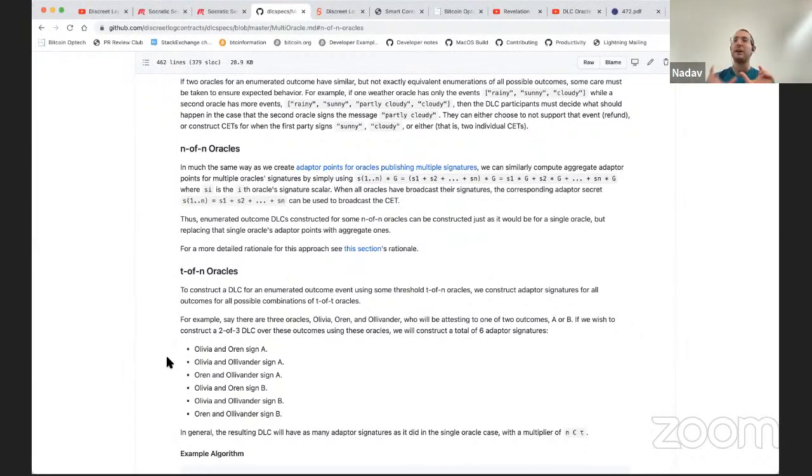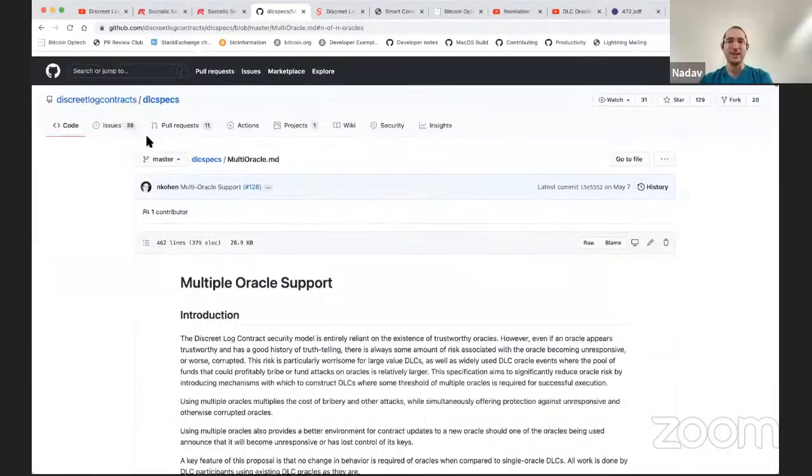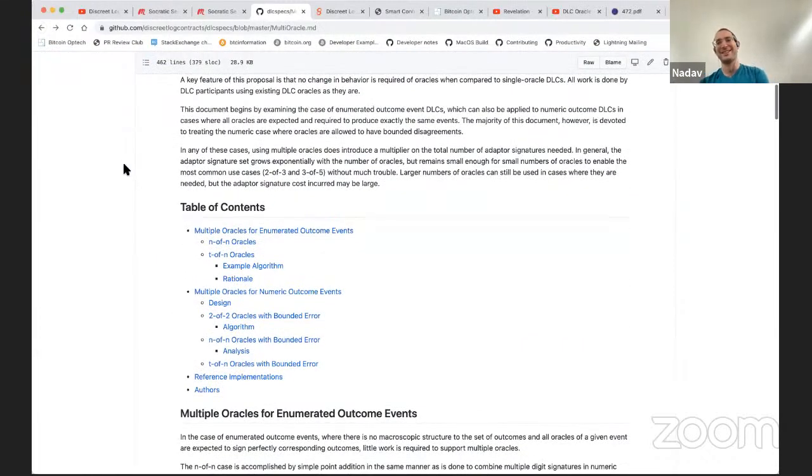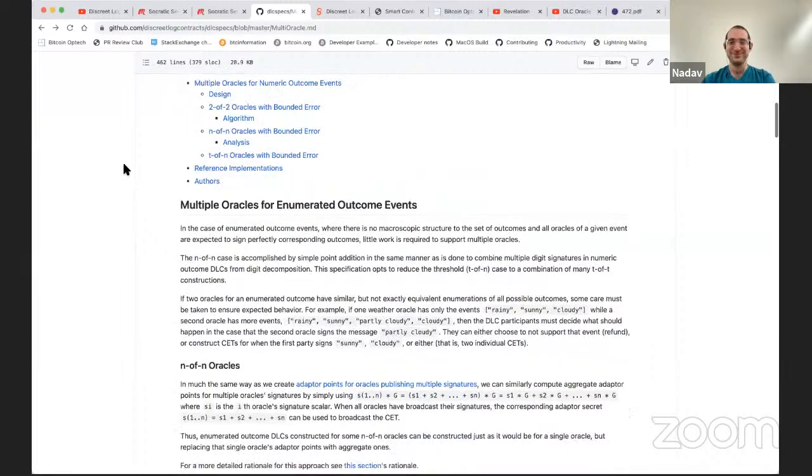They can have some variance that you get to specify as the DLC participant for what is acceptable differences between oracles. So as you say, this is adapter signatures. This isn't multi-sig with all the signatures going on chain, or MuSig key aggregation. The math kind of works out as multi-sig, indistinguishable. That's right. The generalization of multi-sig in computer science is called a monotone access structure, if anyone's curious to look up.